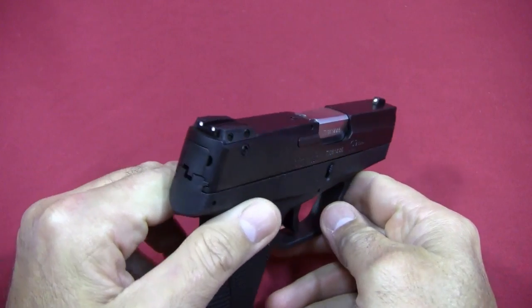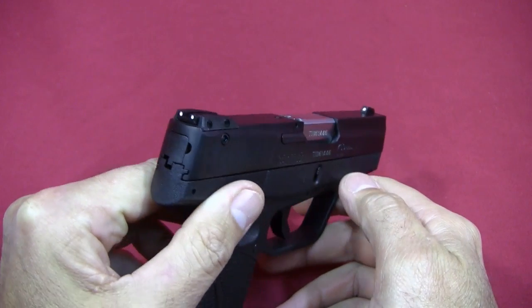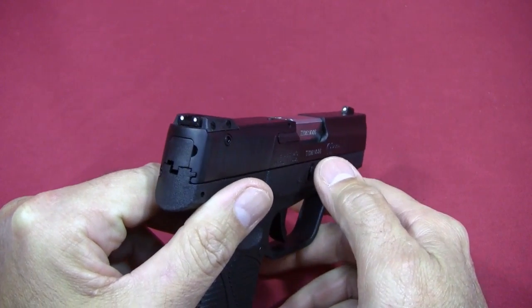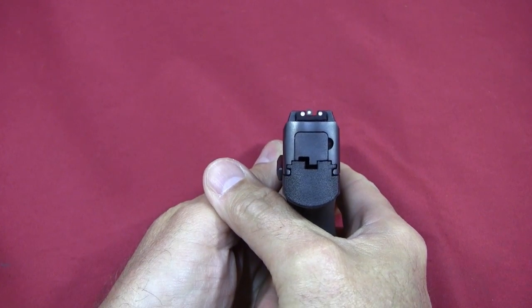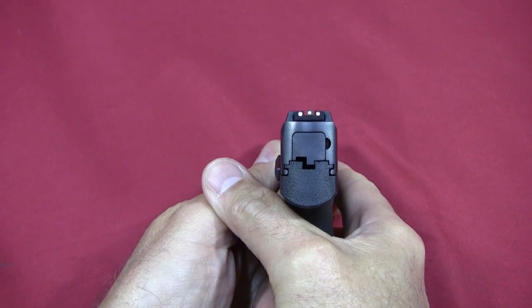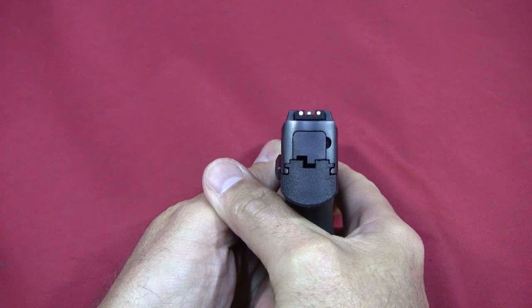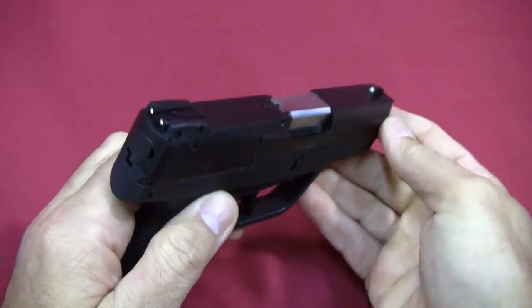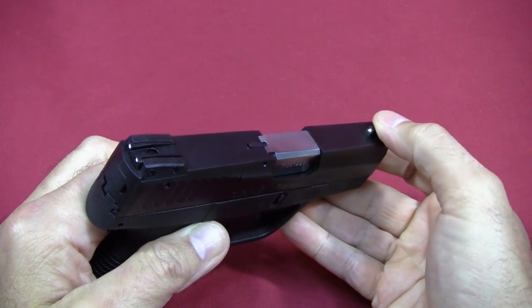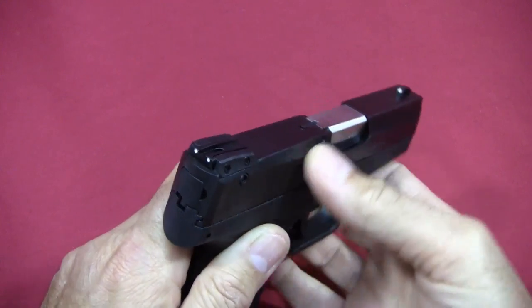Now, I like the sights that come on the handgun, and basically it's a white 3-dot sight system. I'm a big fan of the white 3-dot system, so maybe I'm overly biased on that, but to me it gives a good sight picture. And the front sight post is fixed. It's not movable at all. But at the rear